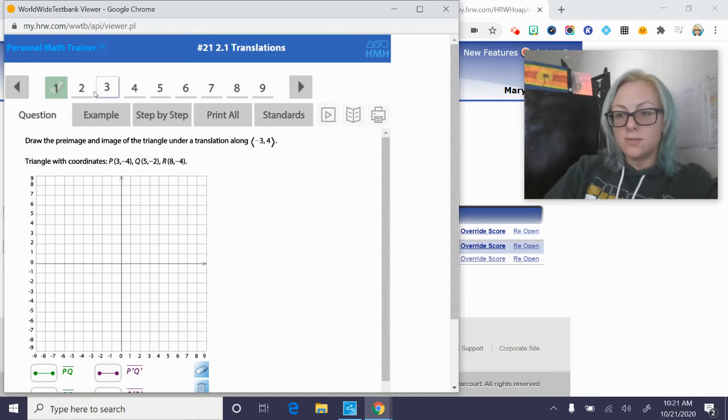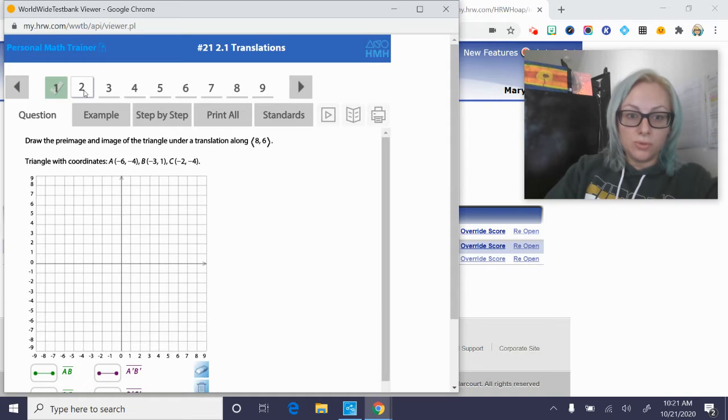Okay, guys, so in this video, I'm going to show you how to do a problem like number 2 or number 3 from our assignment in HMH. It's assignment 2.1, translations. With these problems, it says draw the pre-image and image of the triangle under a translation along, and then it gives you a vector